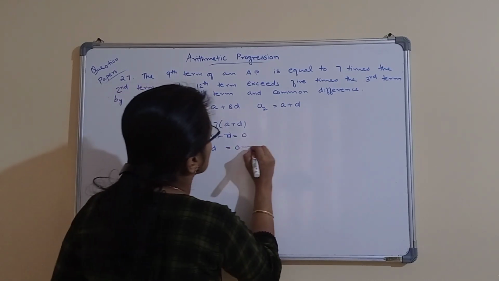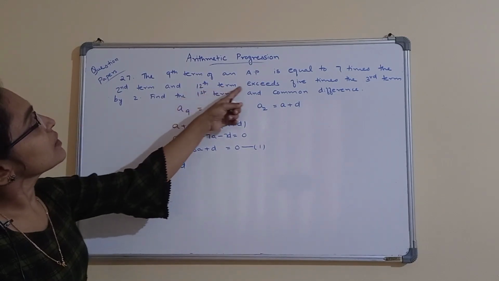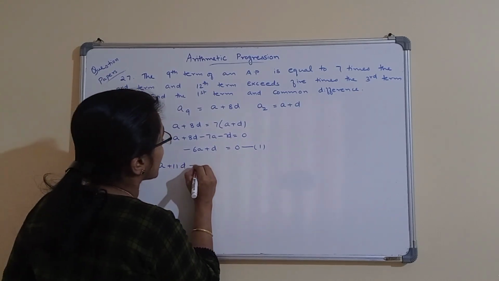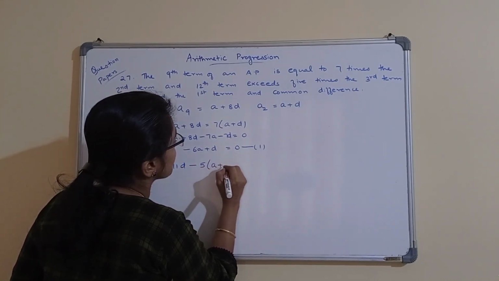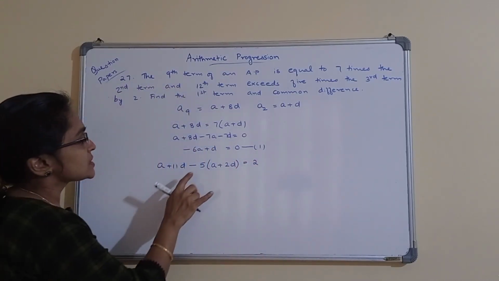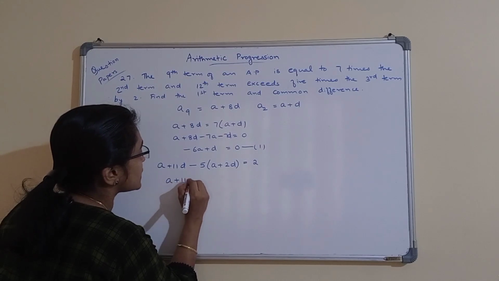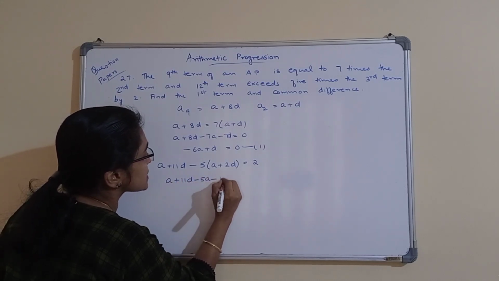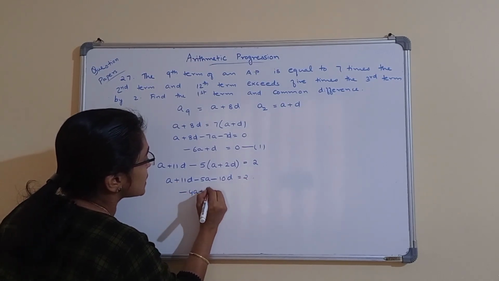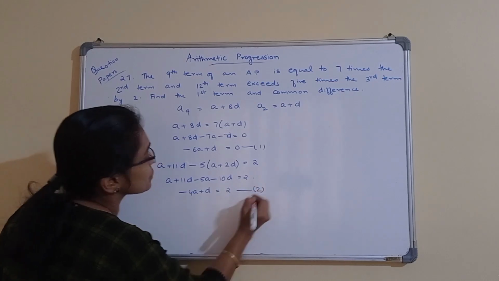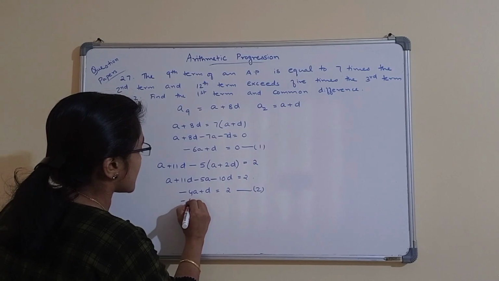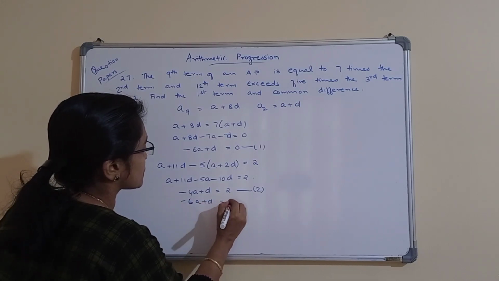So let this be equation 1. And the 12th term exceeds 5 times the third term by 2. That is a plus 11d minus 5 times the third term, a plus 2d, is equal to 2. Simplifying this, we'll get a plus 11d minus 5a minus 10d equal to 2, which means minus 4a plus d equal to 2. Let this be equation 2. Now subtracting 1 from 2,